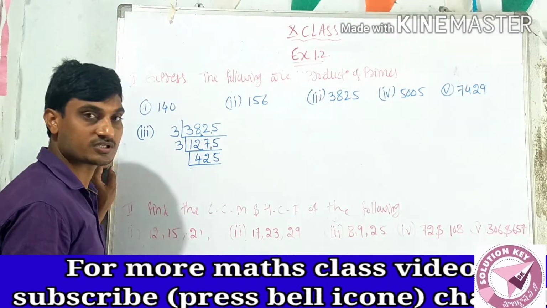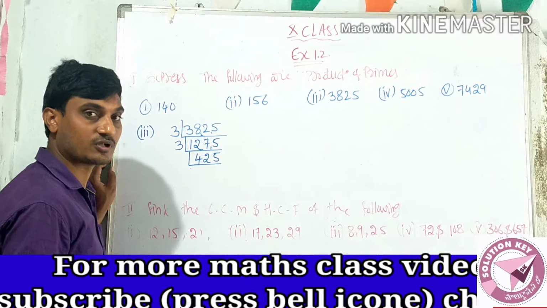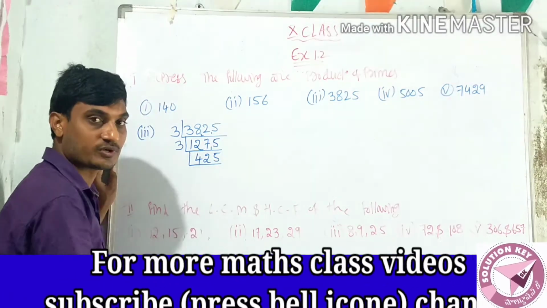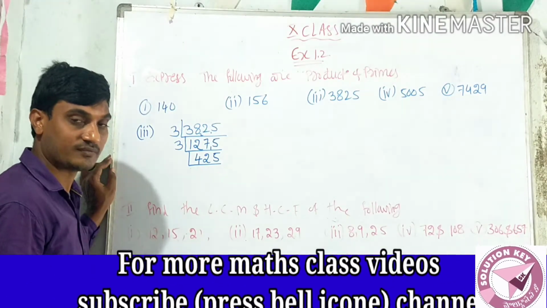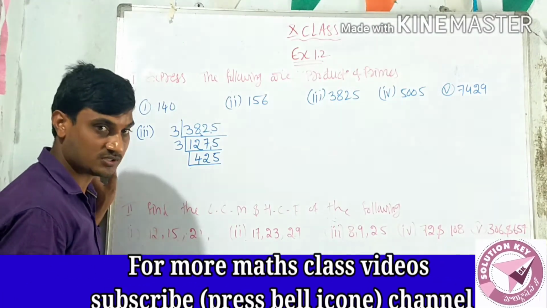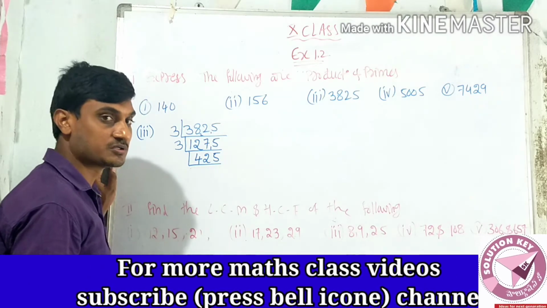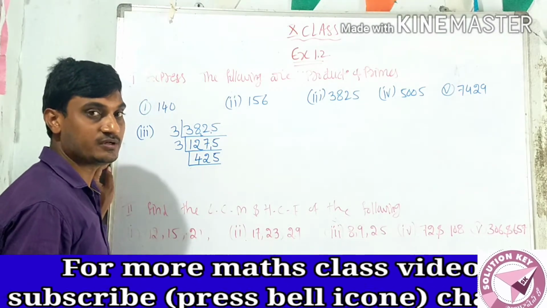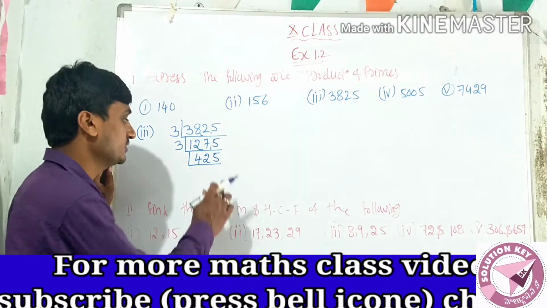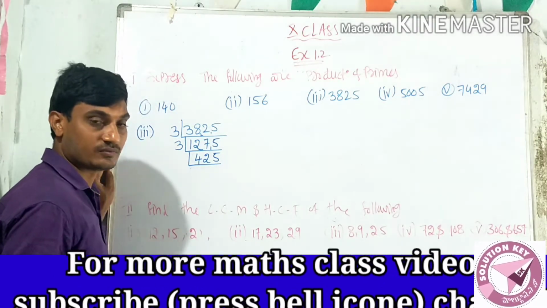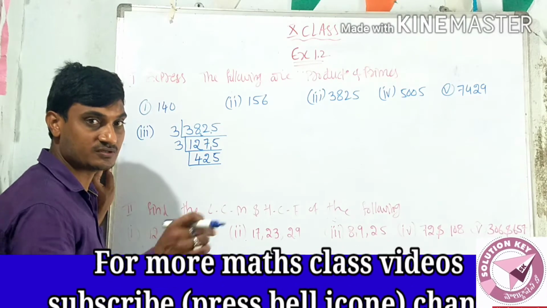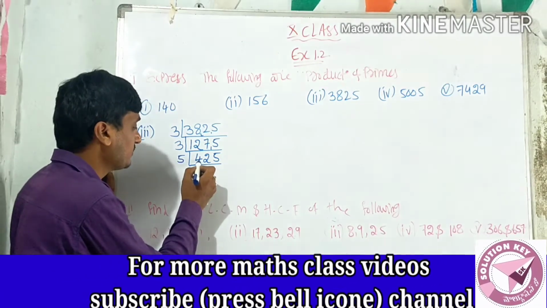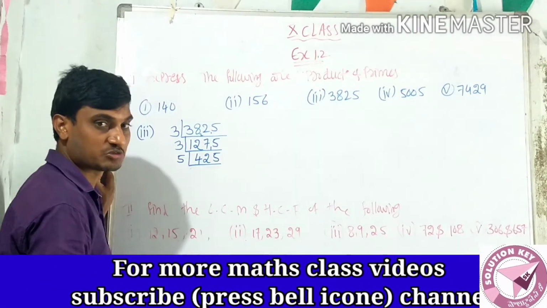Next again you get 5. The 2 table is not possible. Next I am going to the 3 table. 5 plus 2 is 7, 7 plus 4 is 11. Is 11 possible in the 3 table? No. The 4 table also is not possible, since the 2 table is not possible. Then I am going to the fifth table. If the ones place is 0 or 5, it is in the 5 table. So I am taking 5. 5 table, 4 not possible.